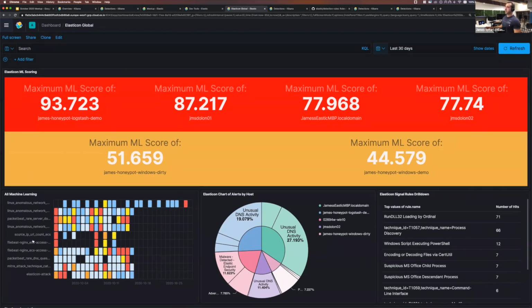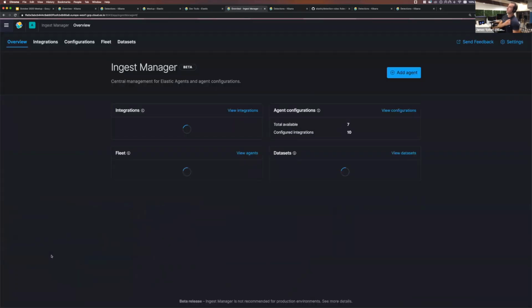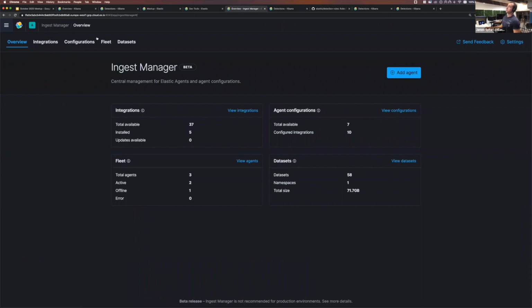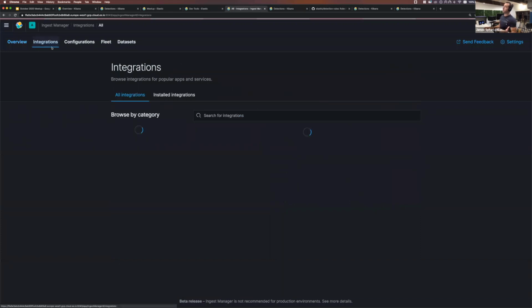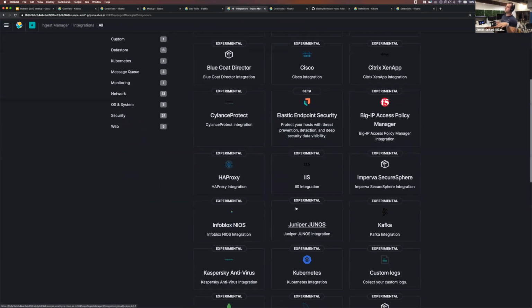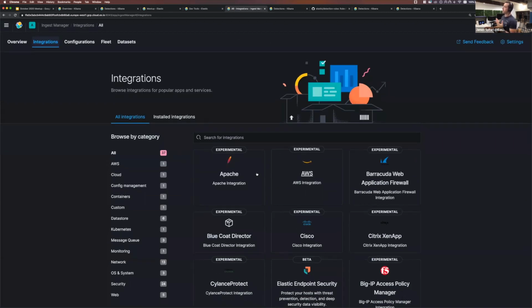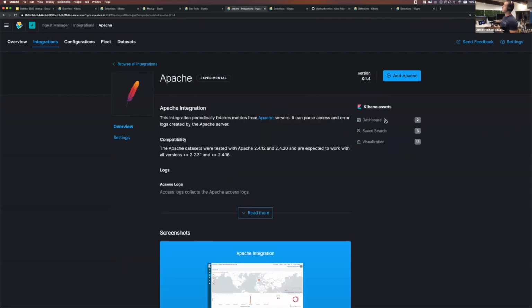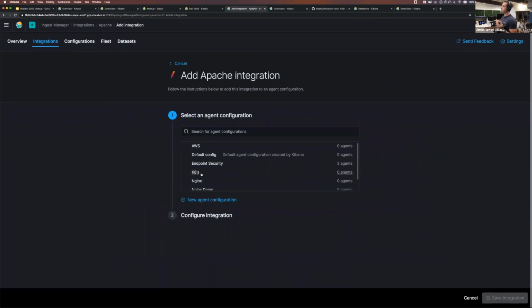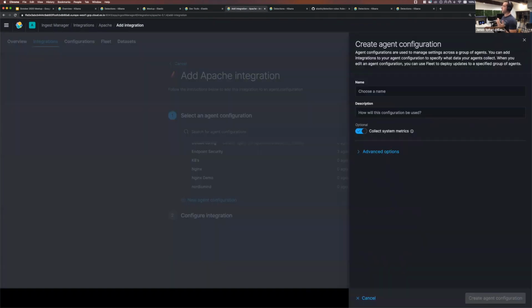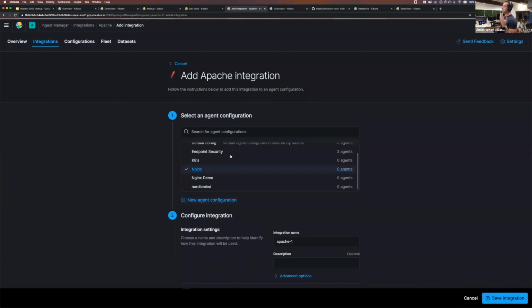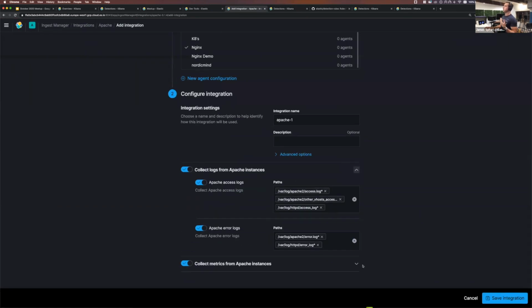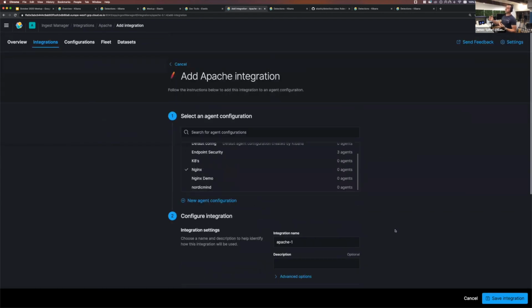And one more thing I'll show is the integration page. It's something we're calling Fleet and the ingestion manager. This is the core of allowing our endpoint to work. Endpoint is essentially an integration on top of our Elastic agent. There are many more integrations. If I wanted, for example, to get data from my Apache logs, I click here. It will show me any dashboards that come out of the box with it, show me the fields, add Apache. Then I can put it on a new or an existing configuration, and I can configure it like this. Really simple. Just put in my paths and I'm good to go. Save integration, and it gets pushed out to the endpoints as well. So really nice.